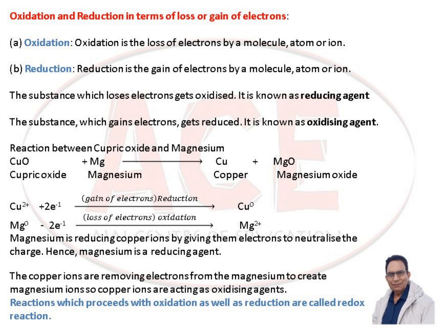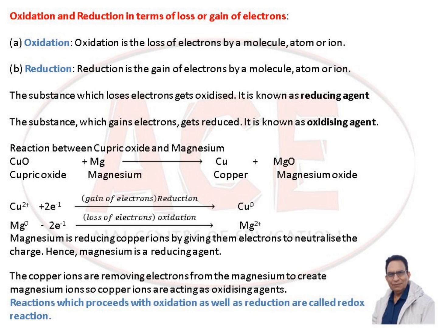Example: reaction between cupric oxide and magnesium. Cupric oxide, CuO, plus Mg gives Cu, copper, plus MgO. So here what exactly is happening? Mg is getting oxidized because it is losing electrons to the oxygen, while cupric oxide is reduced to copper, because copper in cupric oxide has valency positive 2, and when it changes into copper metal, the valency is 0. So cupric oxide is reduced to copper and magnesium is oxidized to MgO.